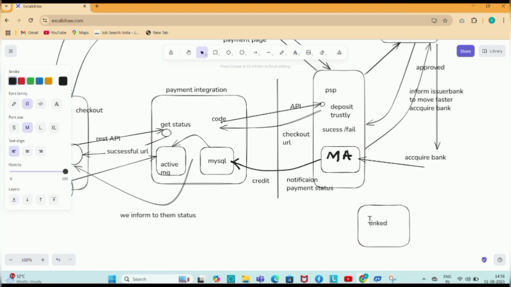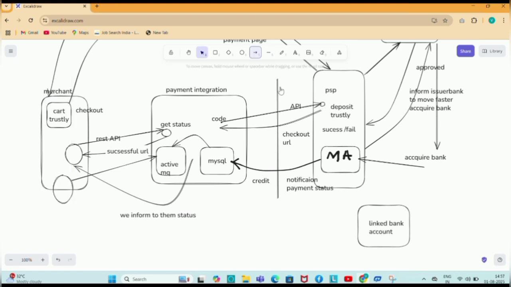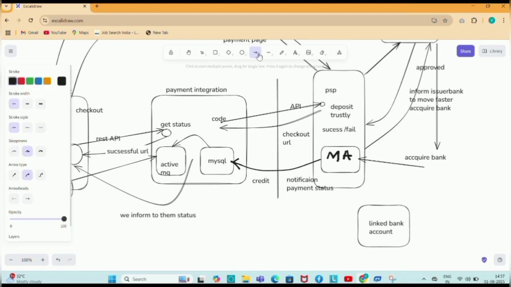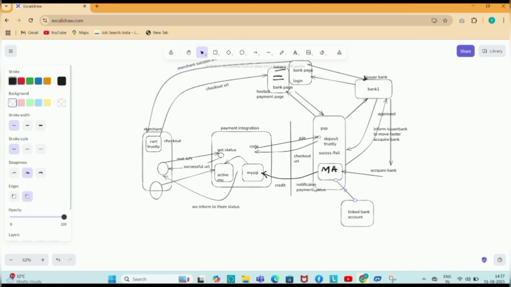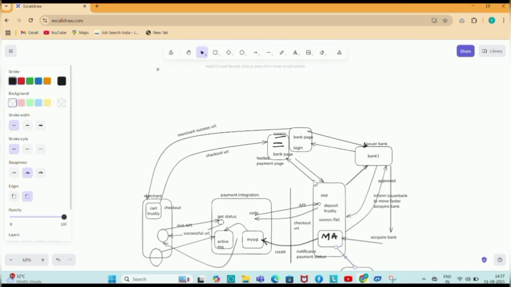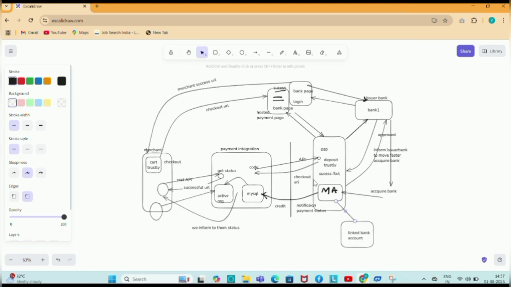It deposits to the merchant account. So using a linked account, it can deposit it. So this is a central payment integration system. So the complete